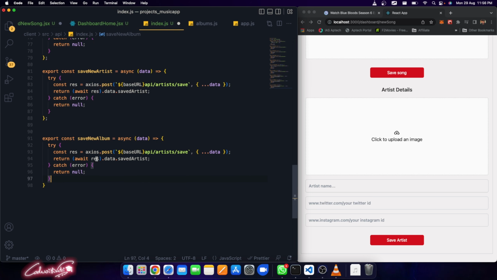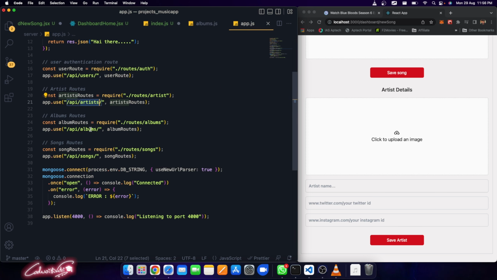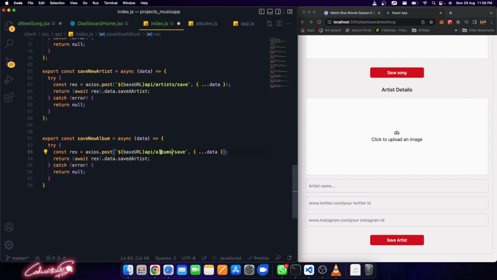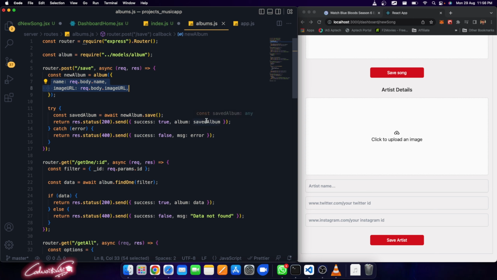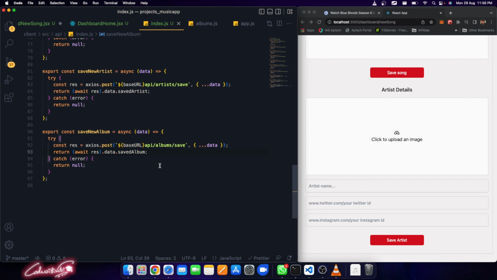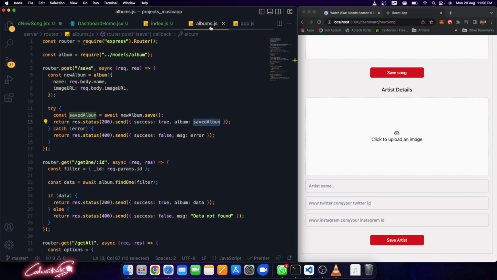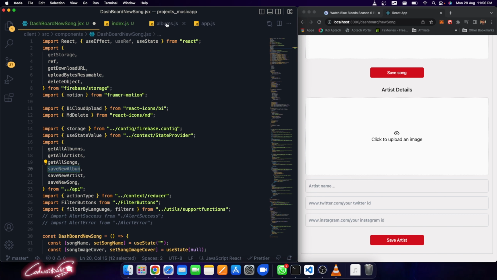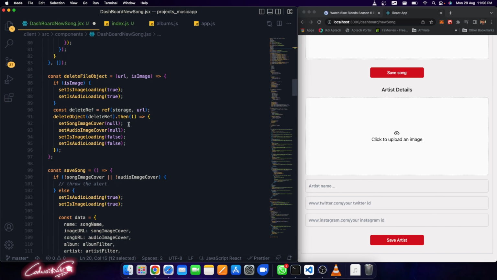And then here, not here, so here albums, this is the URL. Anything which is coming through that URL, albums/save, I'm going to send the data, and in return I'm going to get the saved album. Copy the saved album, and I'm going to paste that saved album over here. So save album is completed, index is completed. Now I think I need to copy this data from here, copy it, and let's go to the, close this, I don't need it. Let me scroll down,